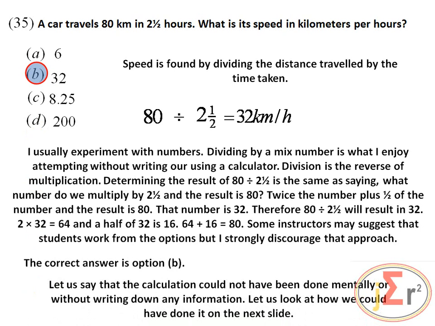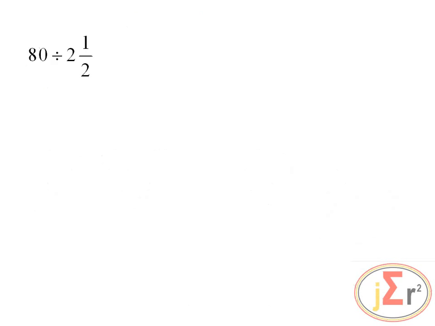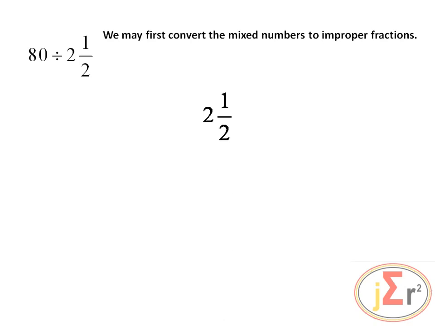Let us say that the calculation could not have been done mentally or without writing down any information. Let us look at how we could have done it on the next slide. 80 divided by 2.5. We may first convert the mixed number to improper fraction. 2.5, we have the